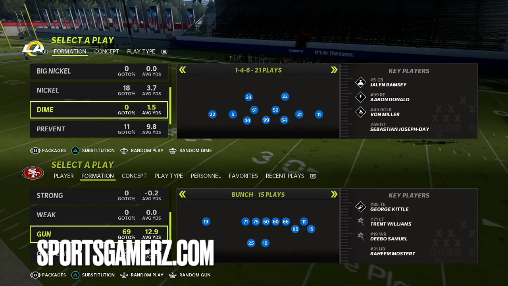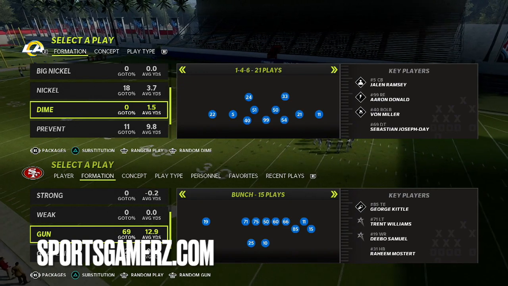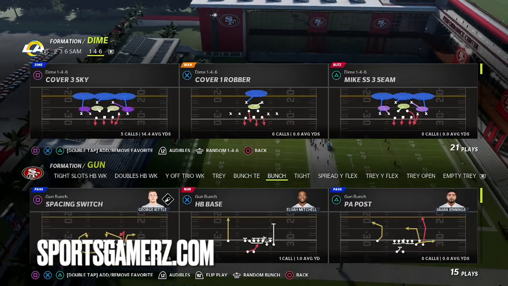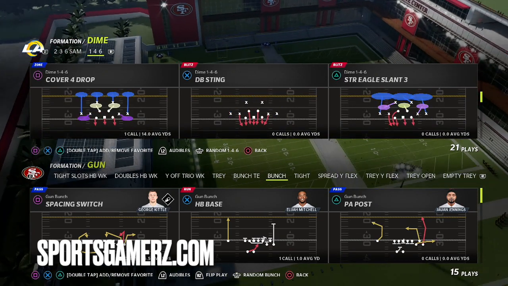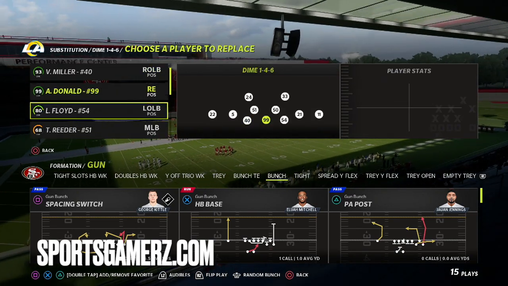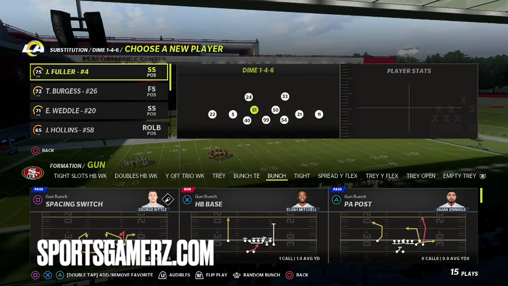So the formation I want to look at is this big dime 1-4-6, and the play we're going to look at is a unique play that is going to be cover 3 based. It's going to be the spinner dog 3. Now this formation does allow you to put safeties in the game at linebacker,